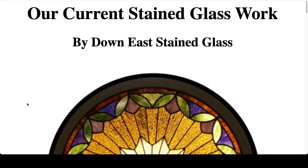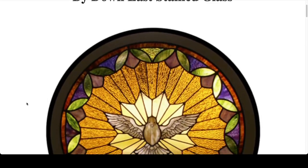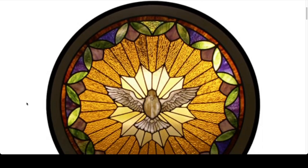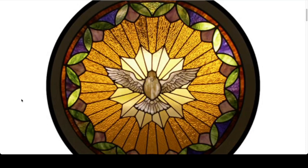So, my current stained glass work, and right at the top is my Holy Spirit window. Now, this is done with mostly quarter-inch H round lead and 3/16 H round high heart lead. And let me explain. The quarter-inch H channel is what you want to use for a window like this,